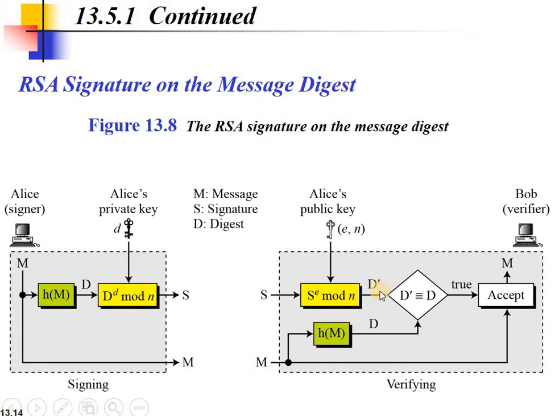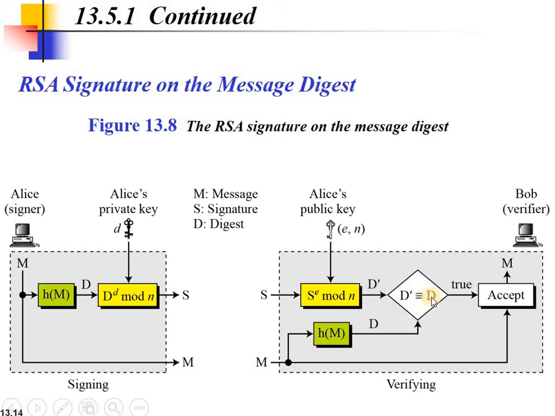When we talk about the message digest, meaning the hash algorithm, you have to compare the transmitted hash code with the created hash code at the receiver side. This one is the created hash code, and this one is the transmitted one. The message that is transmitted along in the medium, at the receiver side, the receiver applies the hash function over it, and the message digest D dash is created, and D dash and D have to be compared with each other.